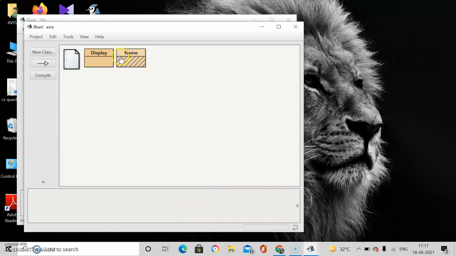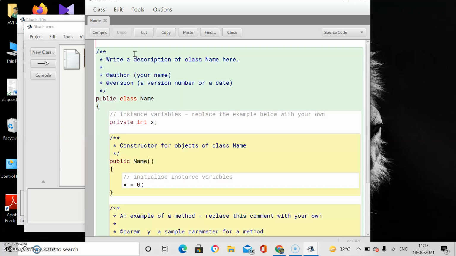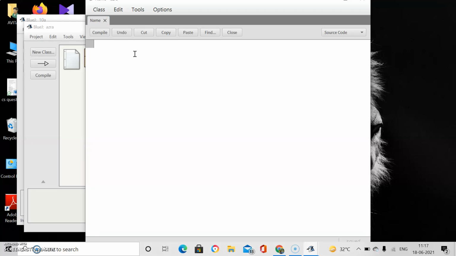Now you can see the striped box, as this class is not compiled yet. After compilation you will not be getting the stripes. Now open this. Select all the previous code, delete that.